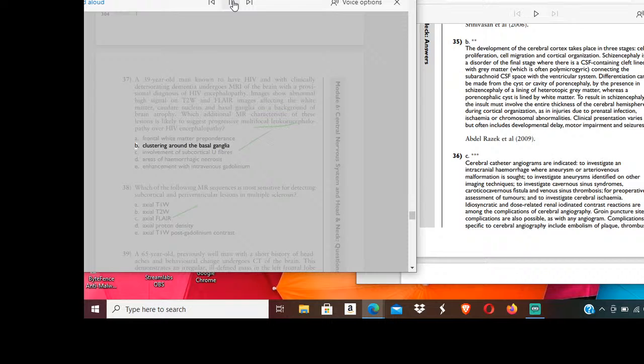A. Frontal white matter preponderance. B. Clustering around the basal ganglia. C. Involvement of sub-